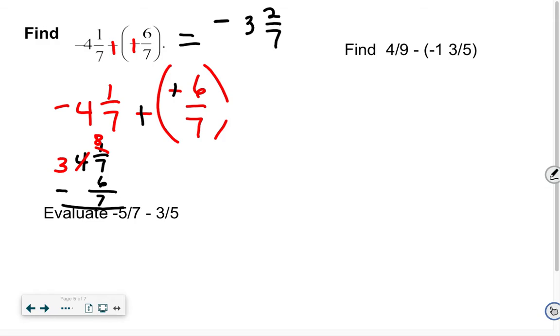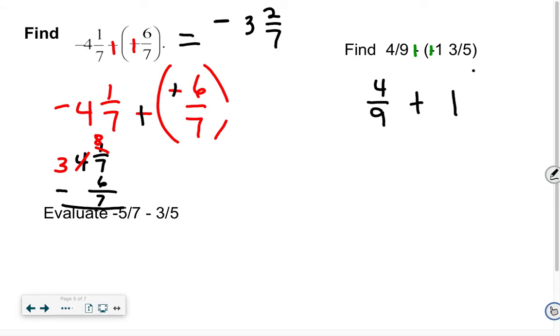What's it going to be? What do I do here, Javen? You would change the subtraction to add the opposite, right? Add. Now, are the signs the same? Yes. I have 4/9